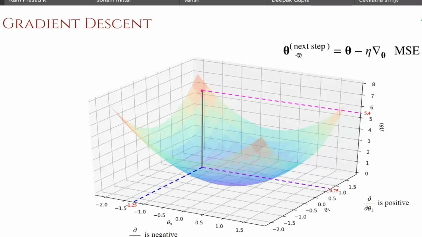The gradient descent update is captured in a mathematical equation like this. Theta is the parameter that we want to find. The theta gets updated based on the previous values of theta, and the update is defined by this particular term. This is the gradient information, the first order information. And this eta essentially tells how much you should move. This is called the learning rate. And this is the gradient descent update rule.